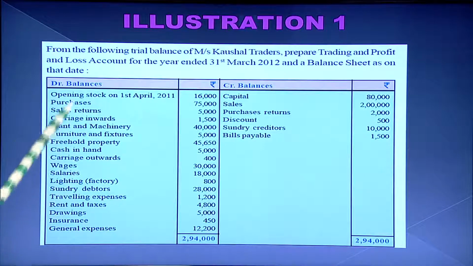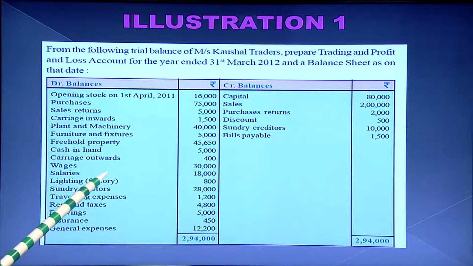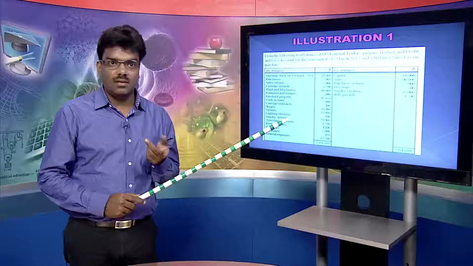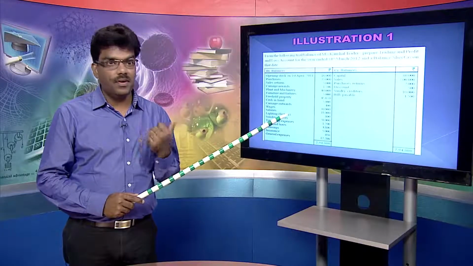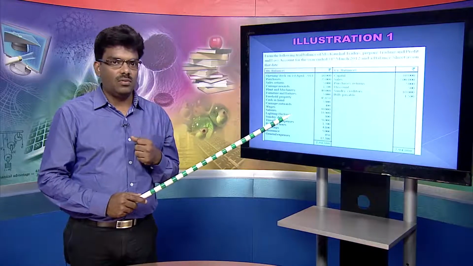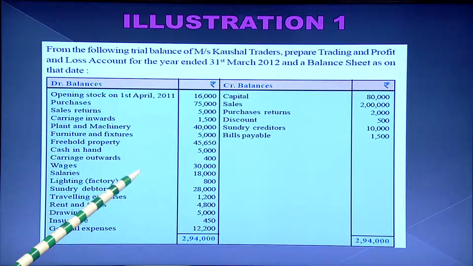In the debit side, you see the various expenses and the assets. So, first you have to segregate what are the expenses in this question and what are the assets. And after that, expenses, because there are two types of expenses, one is direct expenses and another is indirect expenses. Direct expenses will be shown in the trading account, that we told you earlier in previous chapter, and indirect expenses, those will be shown in profit and loss account, and the assets, those will be shown in balance sheet.